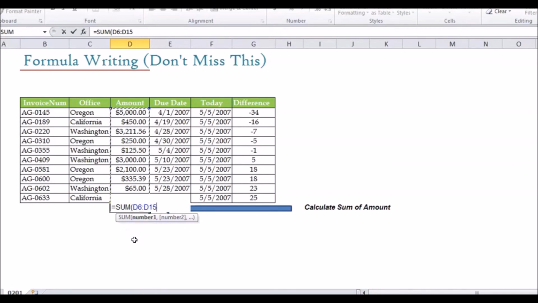Now you can see that number 1 is bold. It means we are still standing on this argument. We do not require number 2 technically. So that's the answer to the question that I asked you. A single argument can contain a range also, and a range can contain multiple cells. That is why only number 1 is mandatory in this case.